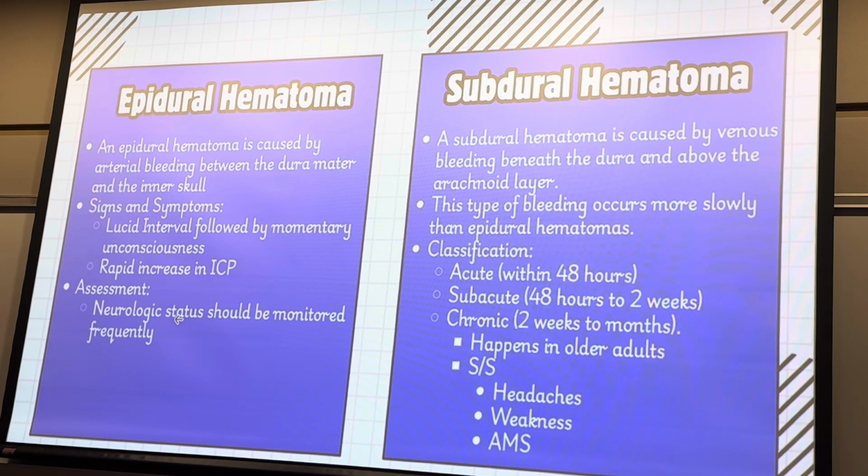Frequent neuro assessment. So what kind of big neuro things are we going to see? PERRLA. Pupils equal, round, reactive to light, and accommodation. If they're not round, they're oval shaped, or you're going to have a little blip on one side or the other. That's something significant, something we need to report.